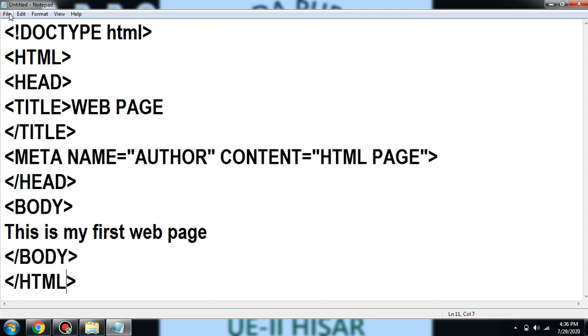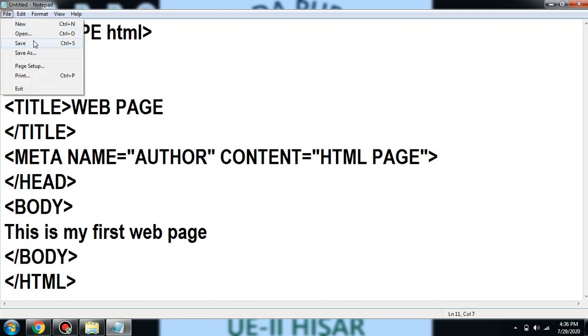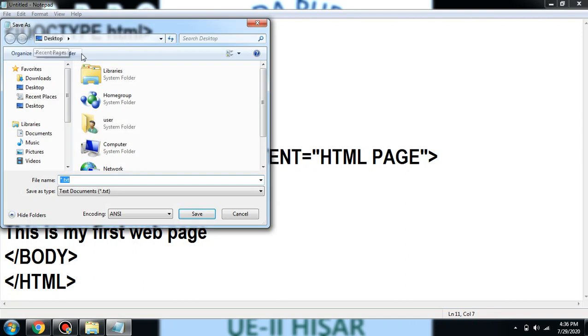Now what we have to do is go to the File menu, then click on the Save button. We have to see the location where we are saving, it is Desktop. So now we will enter the file name, web.htm or HTML.